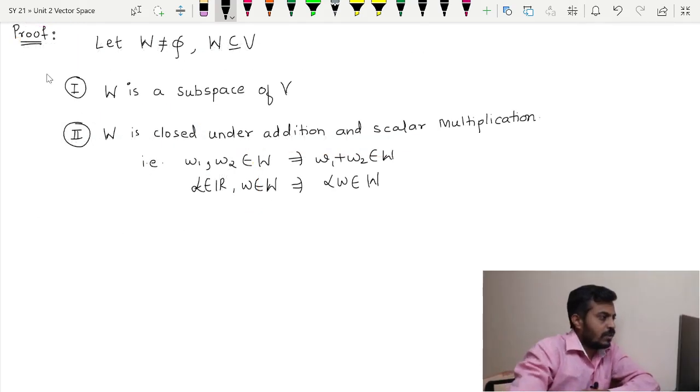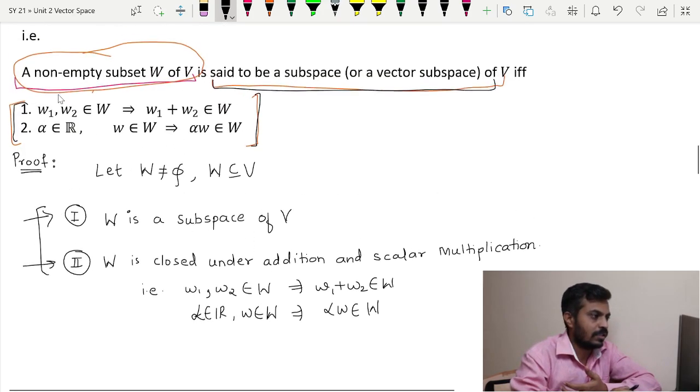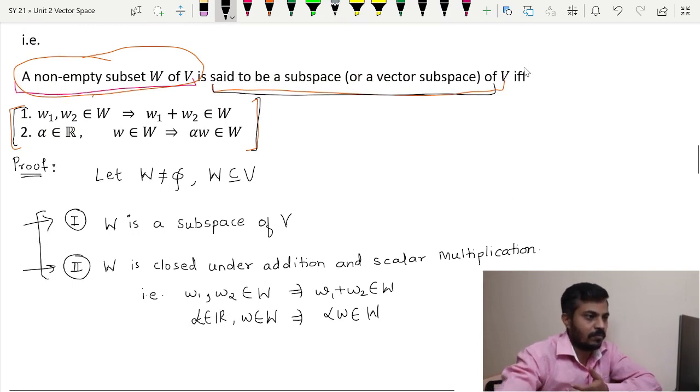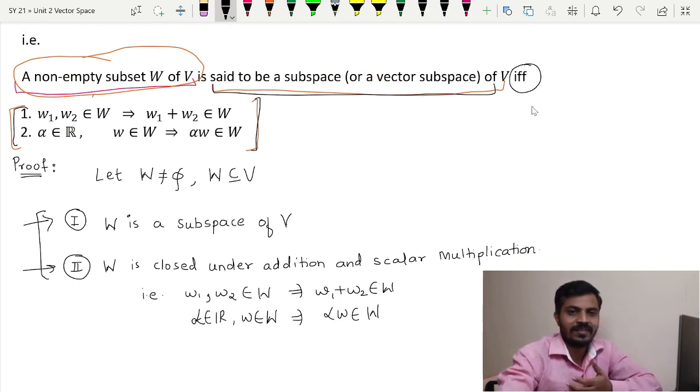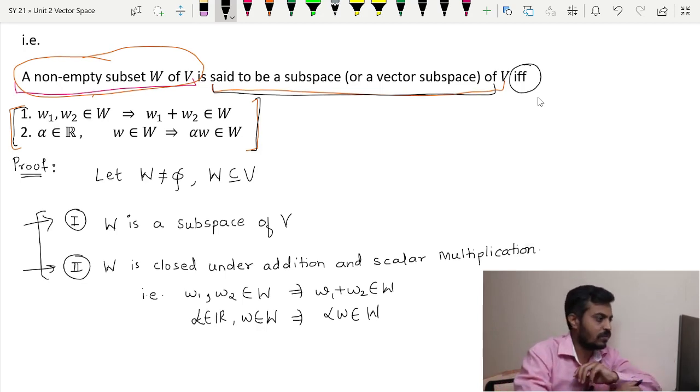Now we have to show that these two statements 1 and 2 are equivalent. It means both statements are the same, because in the theorem it is said if and only if. What do you mean by if and only if? Suppose we are having two statements. So 1 if and only if 2 means what? In order to prove it, we have to prove 1 implies 2 and 2 implies 1, right? So the same process we are going to follow here.